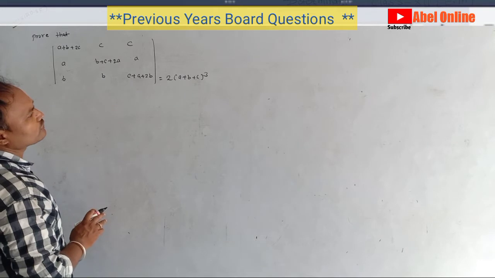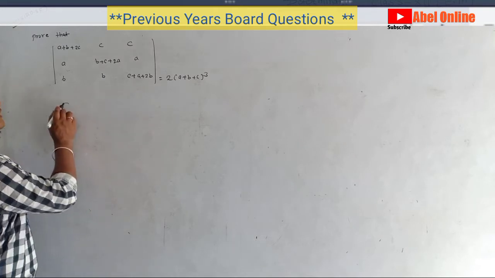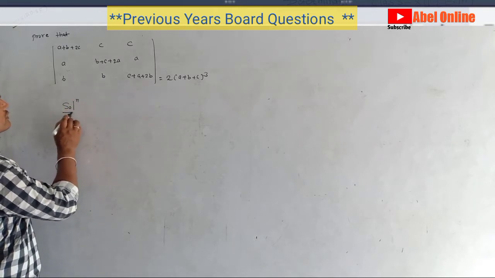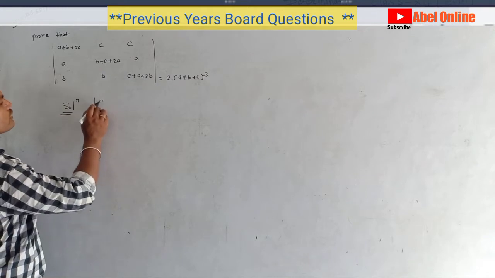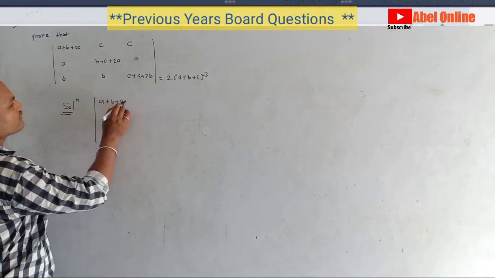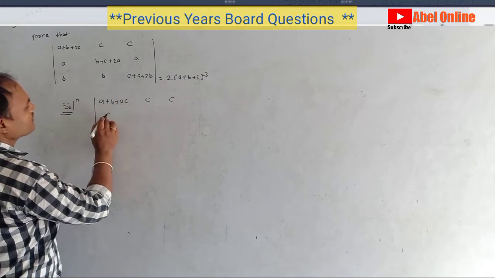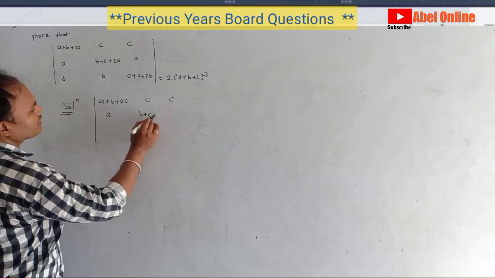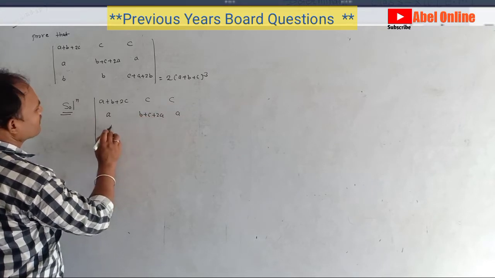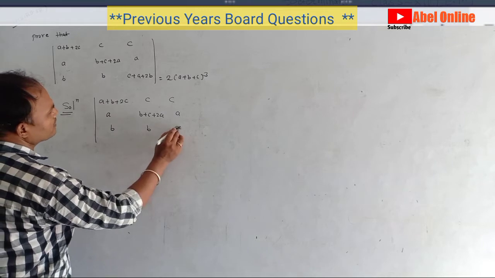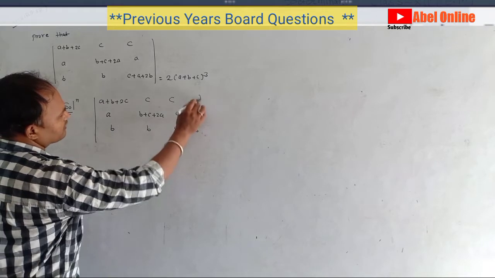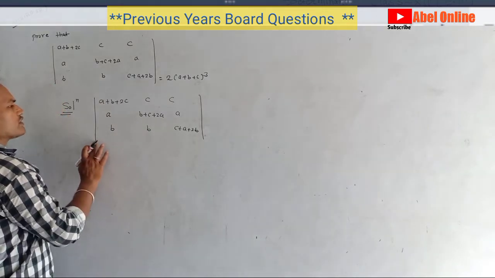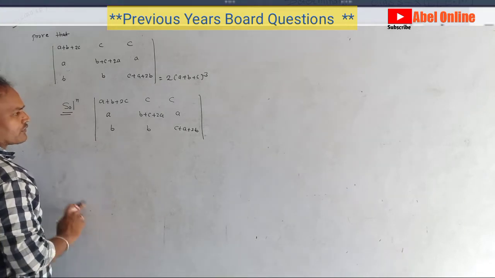Okay, so we are going to solve this question. Firstly, I write here the solution. So how can we solve? I write the question again. It is A plus B plus twice of C, A, B; C, B plus C plus twice of A, B; C, A, C plus A plus twice of B. Okay students, we have written the question again. Now